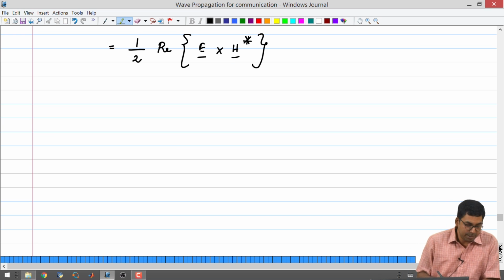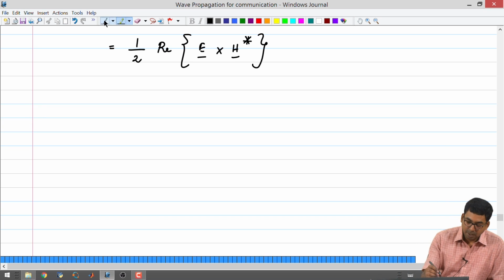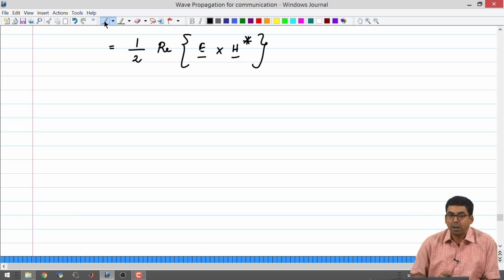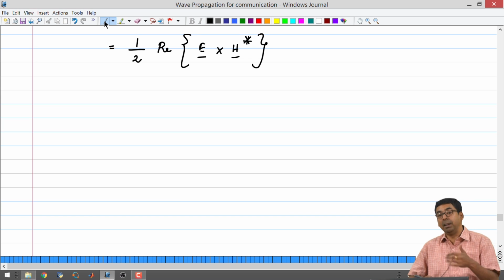A more generic case is where we are talking about a plane wave traveling in an arbitrary direction. Here we are already talking about a plane wave being a function of x, y, z and time, and we have marked the direction of the plane wave, say Ex for the electric field, Eh for the magnetic field, and Ex cross Eh for the Poynting vector. We have already made it generic enough, but we can also make it even more generic by looking at how we describe electromagnetic fields traveling in arbitrary directions in the form of plane waves.